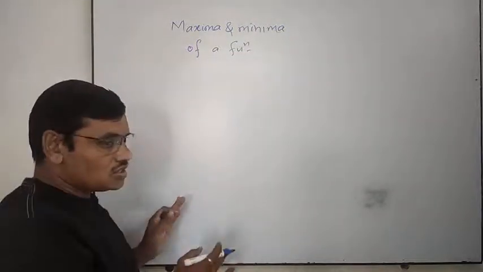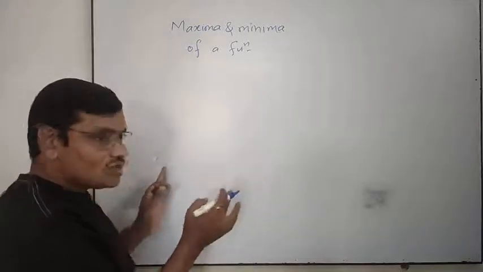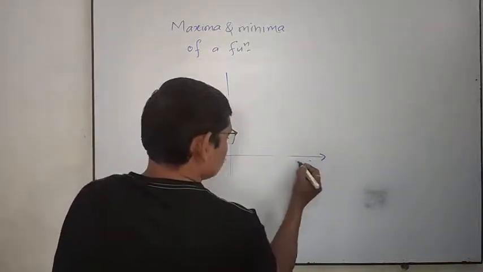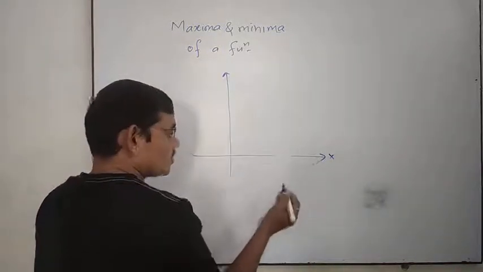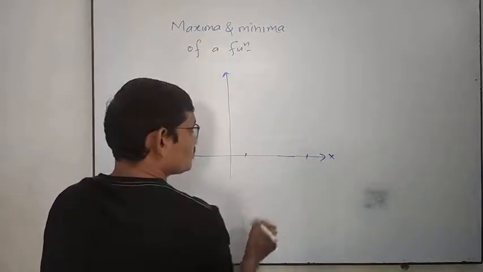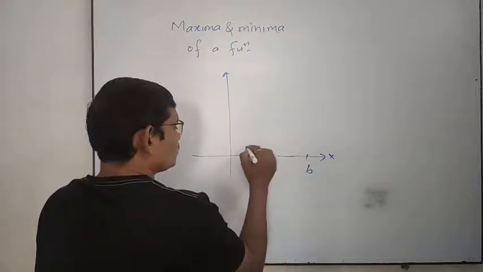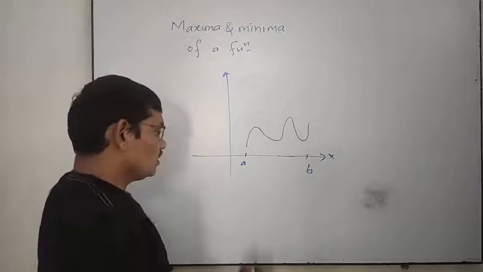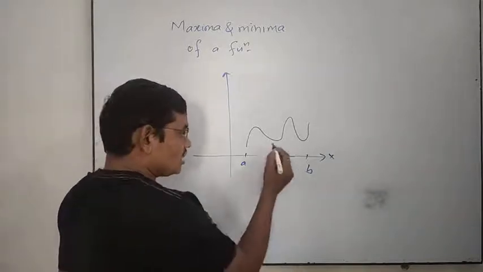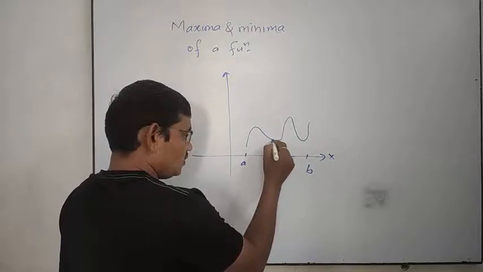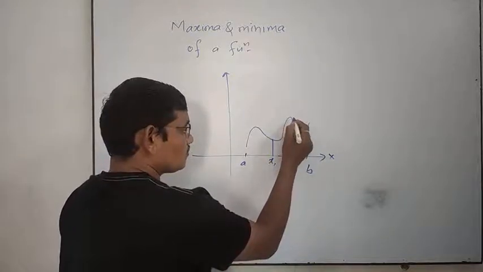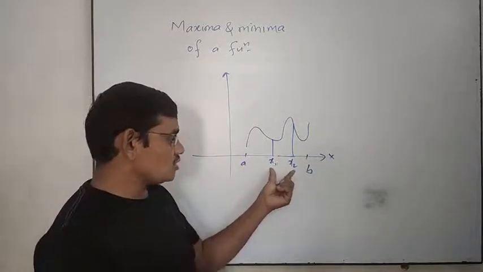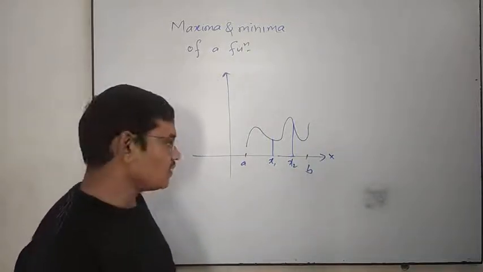So first of all, we see what is actually maxima and minima in figure. Okay. So let us consider a function. It is defined in some given interval a b, suppose. So this is a function. It is defined in this interval, suppose a b. Now we divide these intervals into subintervals. We divide this interval like this and like this. x1, x2 and x2 b in this way.